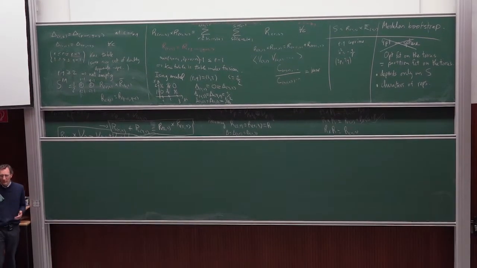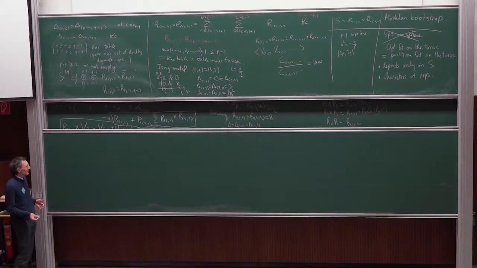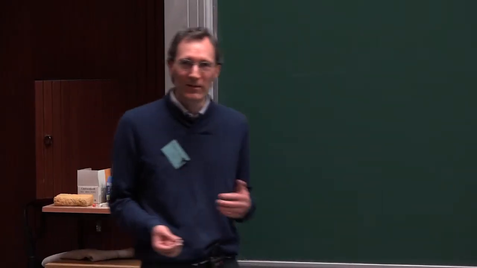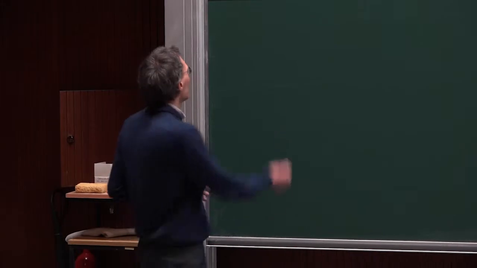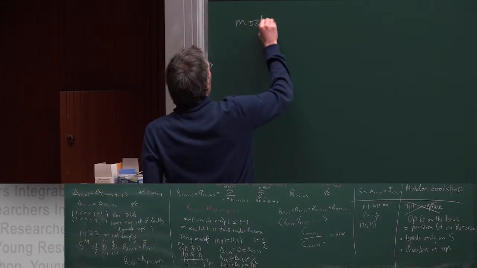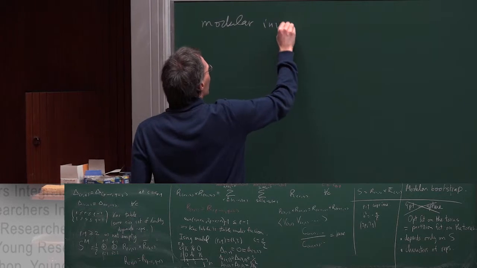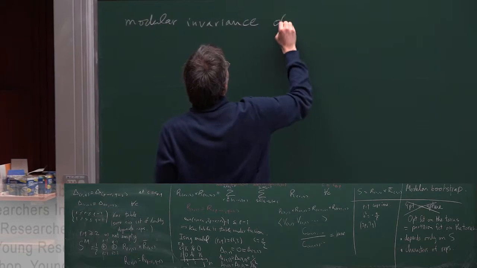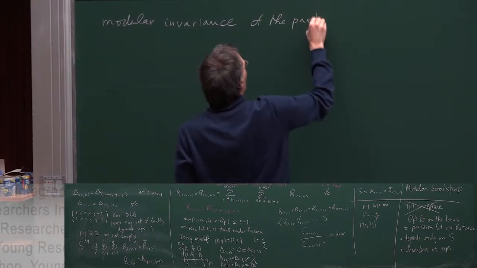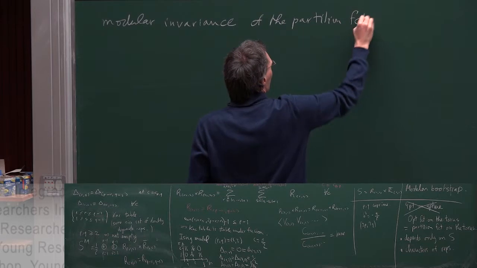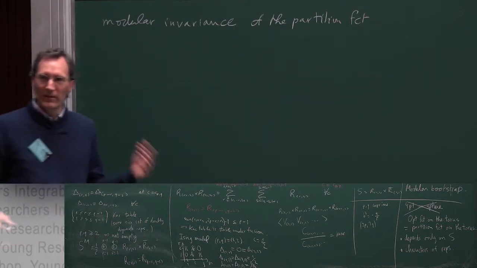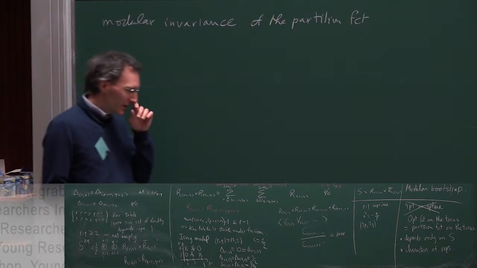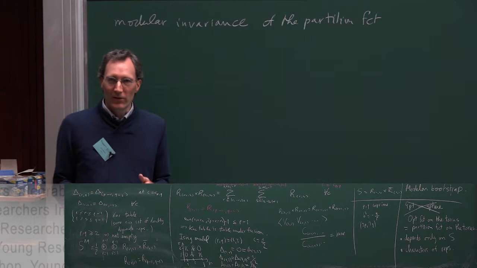However, the simplicity of the modular bootstrap comes with a cost, and the cost is that you lose some information, and you're not sure that you end up with a consistent conformal field theory. So modular invariance is a non-trivial condition on this partition function, analogous to crossing symmetry of the 4-point function. But this modular invariance is not sufficient for having a consistent theory.